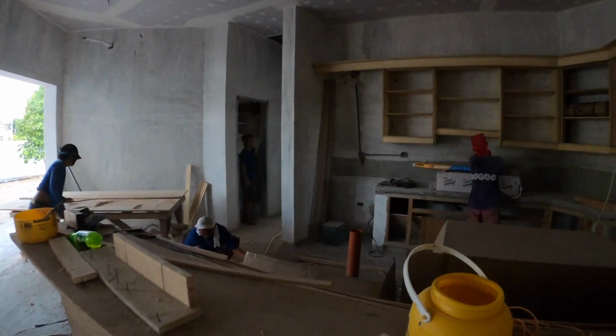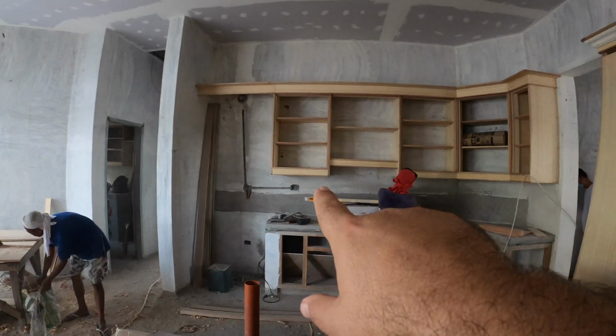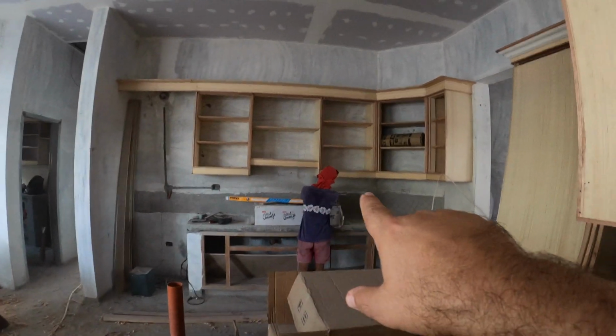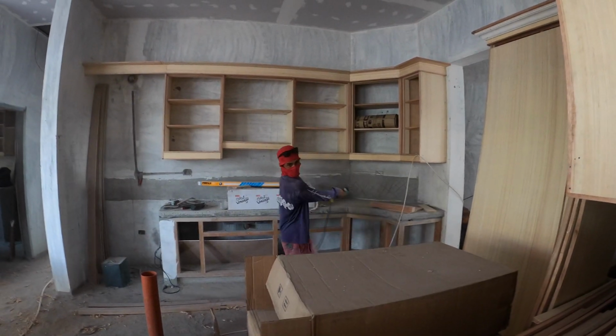So here in the kitchen area, we're getting our outlets chiseled in, or right now they're just being saw cut in, where we're going to put the outlets above the